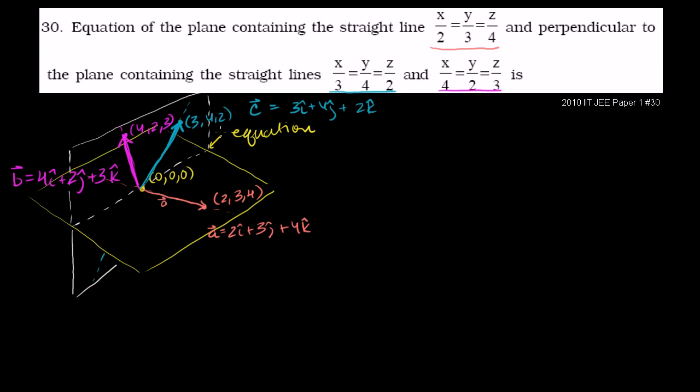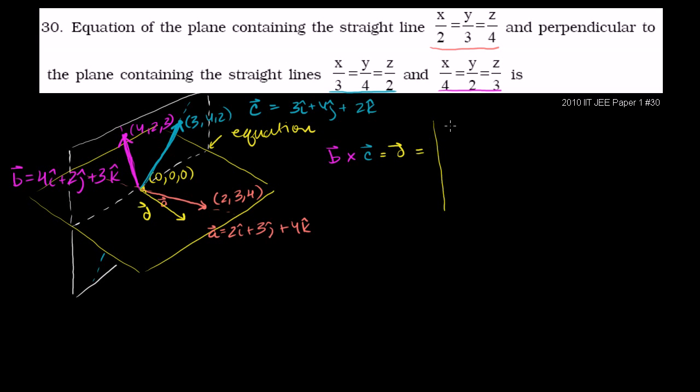I could take the cross product of B and C, and that will give us some vector that is perpendicular to both B and C, which means that it's normal to this entire white plane, which means it must sit in this yellow plane. So I want to find a normal vector in the yellow plane, just like that. Let's call that vector D. So vector D is going to be equal to this. And the cross product of B and C is, this is how I remember it,